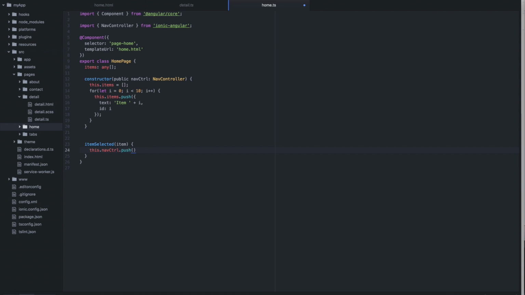So when this item is selected, we're going to call this.navController, and we're going to use the push command to push an instance of DetailPage onto the stack. And we're going to pass this item into it as a parameter. This won't work just yet. If we refresh,